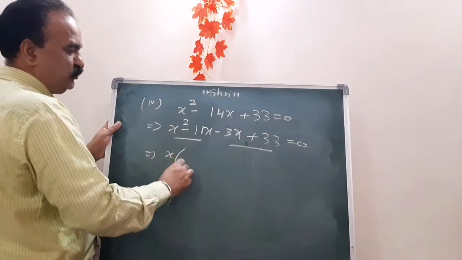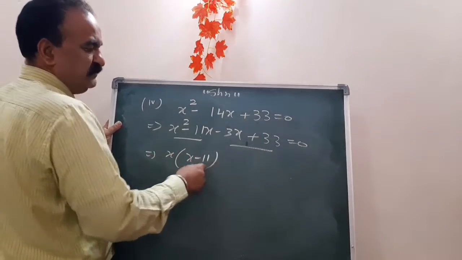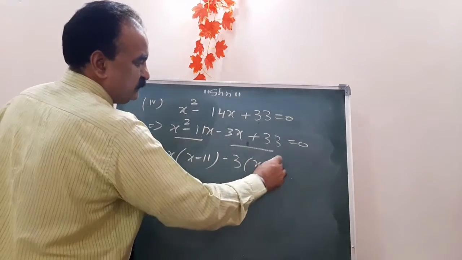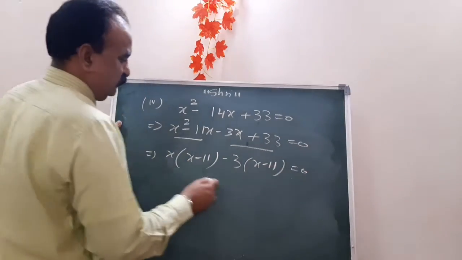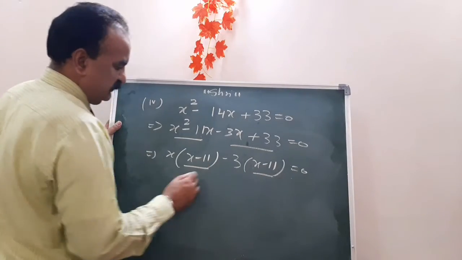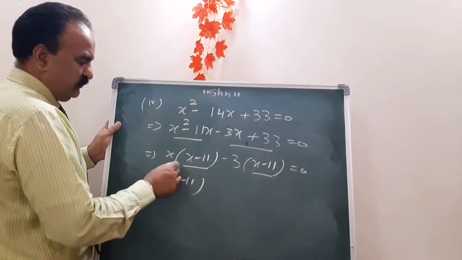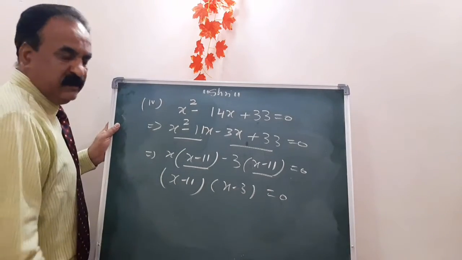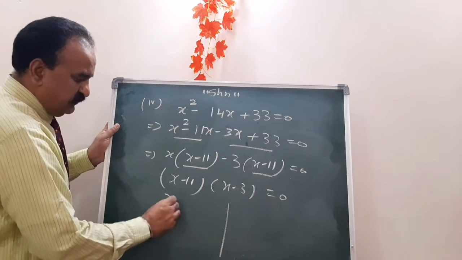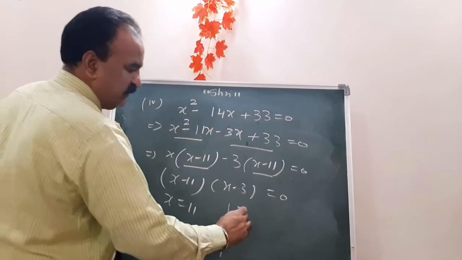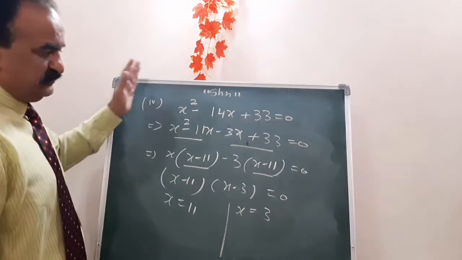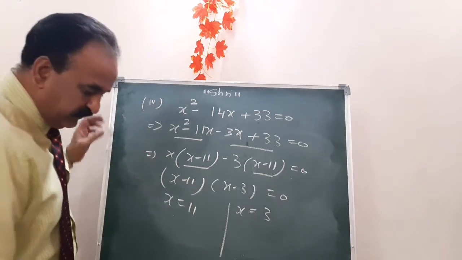Here x common, x minus 11, minus 3 you can take common, x minus 11 equal to 0. So x minus 11, x minus 11. x minus 11 common, x minus 3 equal to 0. It means either you can write x is equal to 11 and here x is equal to 3. Clear? This is the fourth pattern. Now fifth pattern is